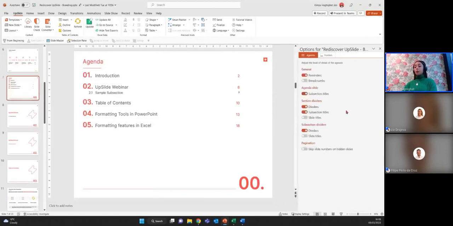Similarly, if I want my subsection title divider to not show up, again, I can deselect that here, and you'll see in my live view that that has disappeared on my section dividers. So with our options tool, this allows you as users to control the level of detail that you'd like to show within your presentations, whilst also ensuring that you are consistently staying on brand. If I exit out of this options pane,